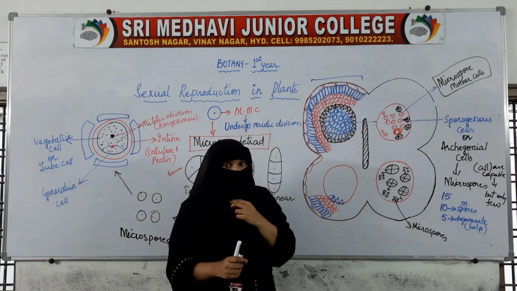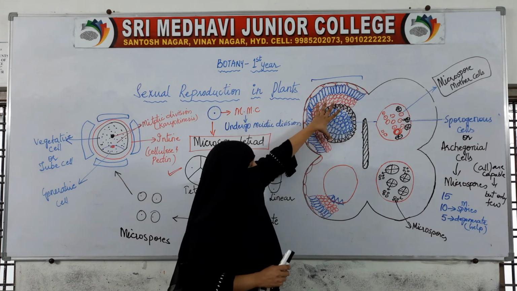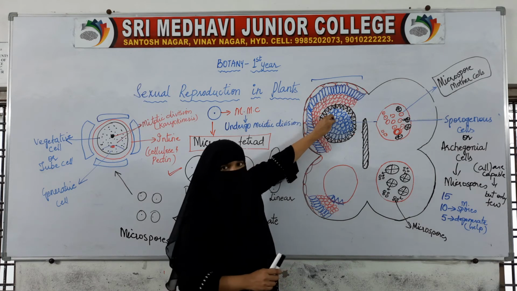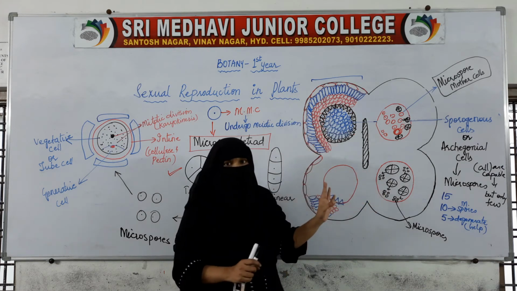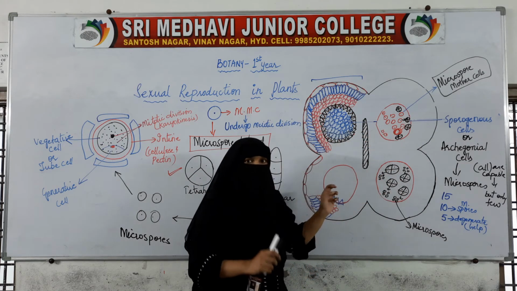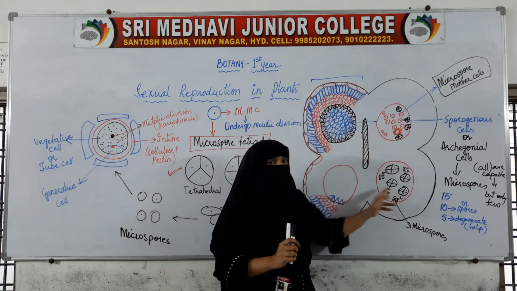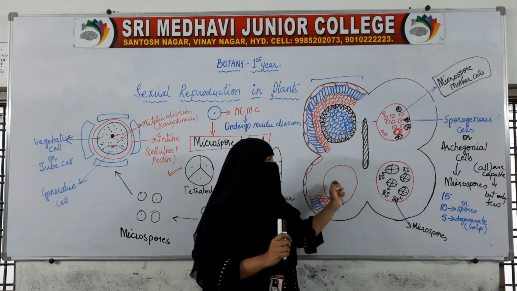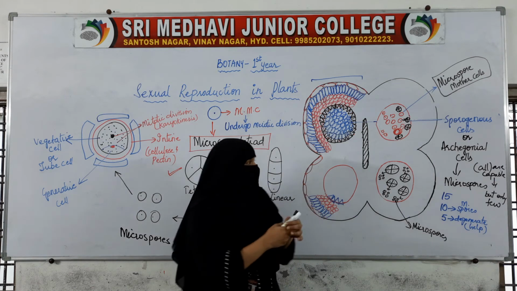Just for your understanding, I am drawing this. Here this sporogenous tissue becomes bigger. Few cells will degenerate, few cells will become microspore mother cells, they undergo meiosis and they produce microspores. So this is seen in this also, this also, this also, this also. All 4 microsporangia perform this process. They produce microspores.